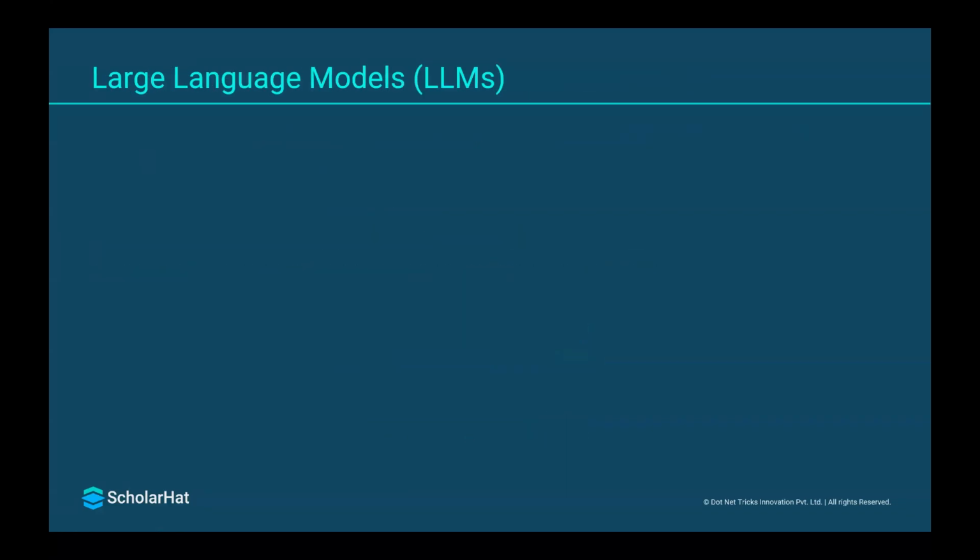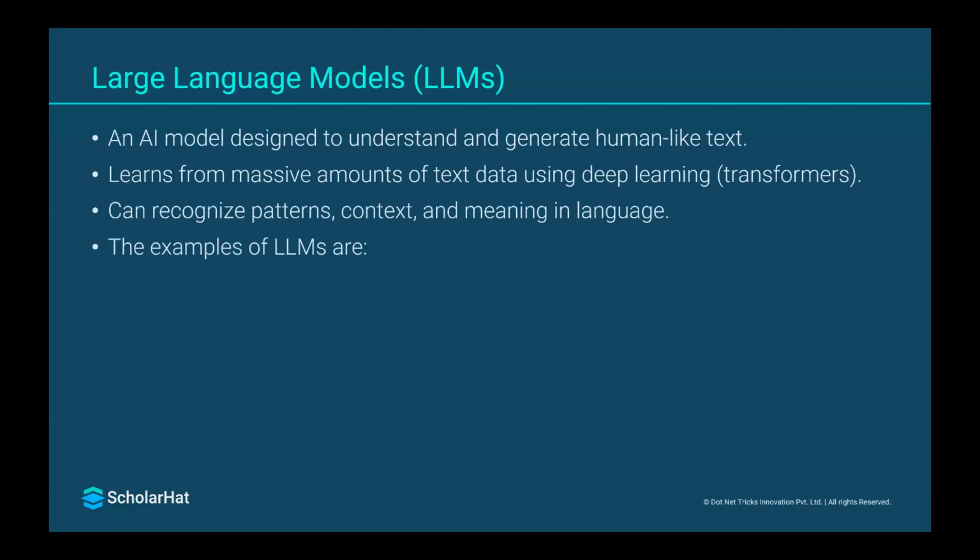You might be thinking how Gen AI is working behind the scenes. Behind the scenes, Gen AI uses the LLM, the large language model. An LLM is an AI model designed to understand and generate human-like text. LLMs are trained on a massive amount of data, and behind the scenes they use deep learning. In the previous slide we talked about deep learning. As I mentioned, Gen AI is a subset of deep learning. If you're willing to learn more in depth, then we have the LLM.